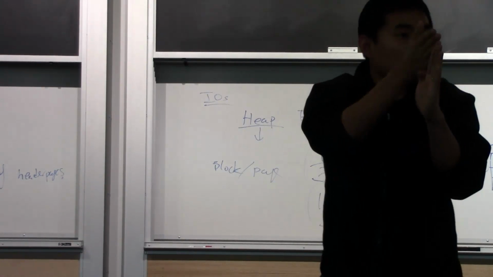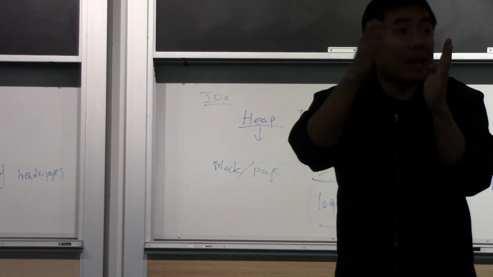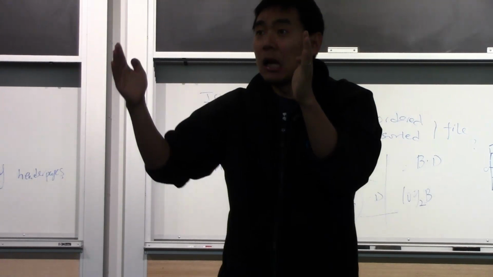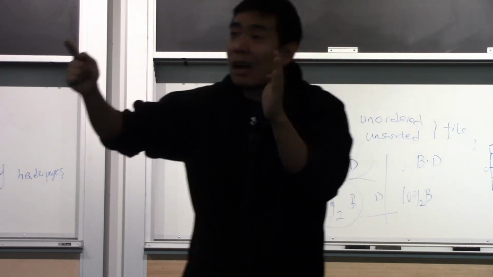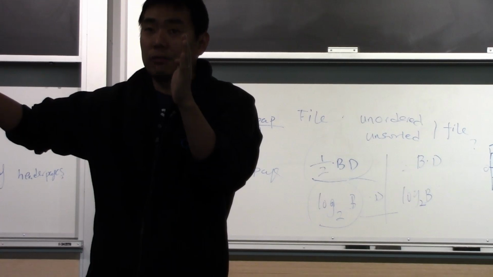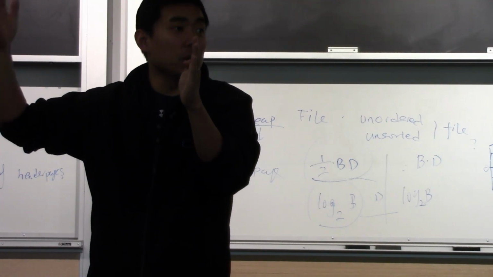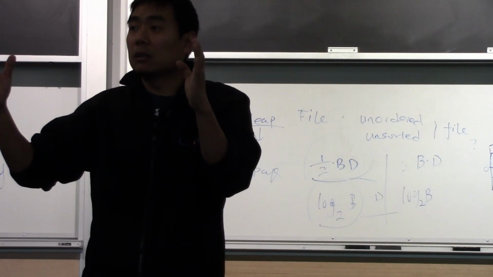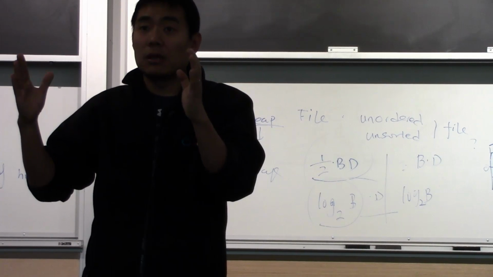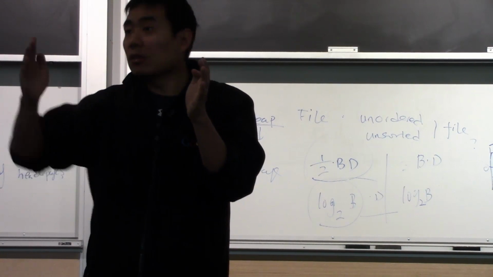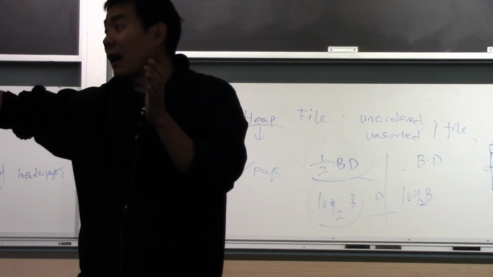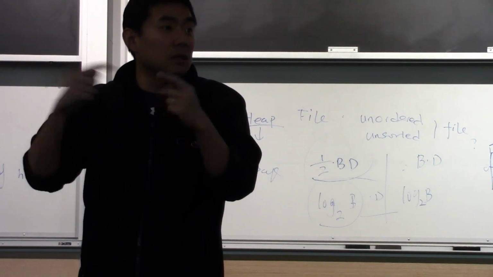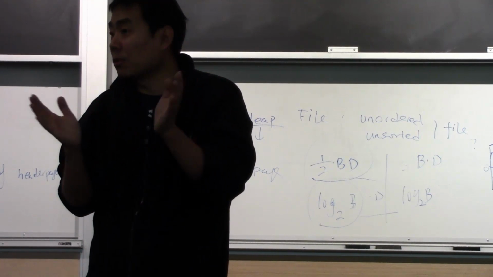Once you find that first record in your range, you can do a linear scan from that record onwards, because records are sorted, until the first time you see a record that's outside the range value you are searching for. Then you can stop. Why? Because again, records are sorted. If you are within my range, you have to be in this part. Once you are outside this range, it's impossible to have any other records with a value from this range. If you do, that contradicts the fact that it's sorted on this attribute.